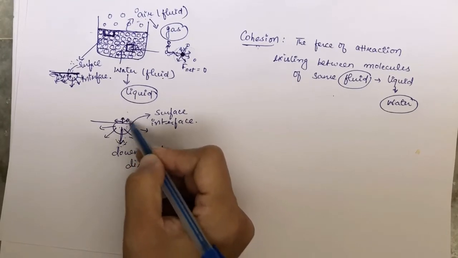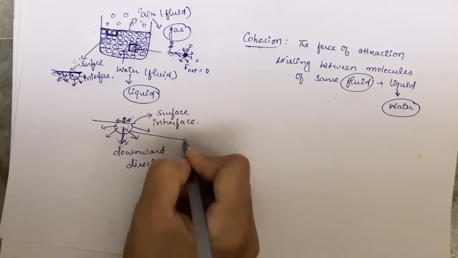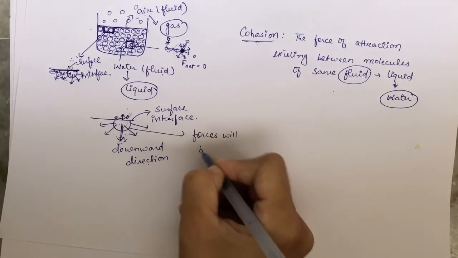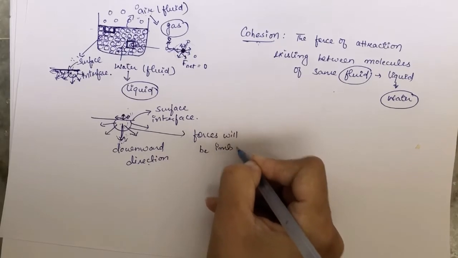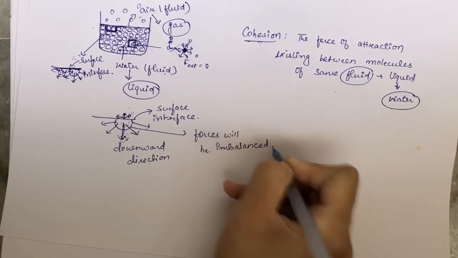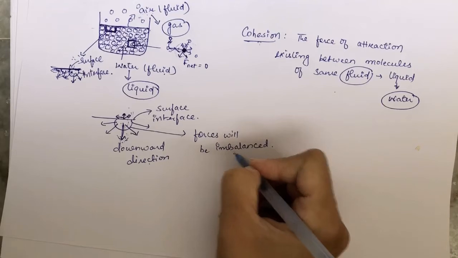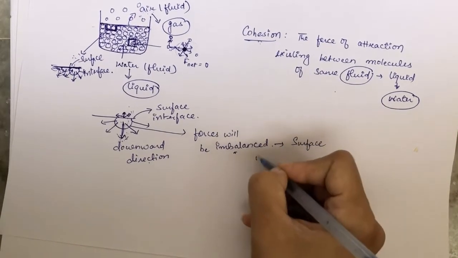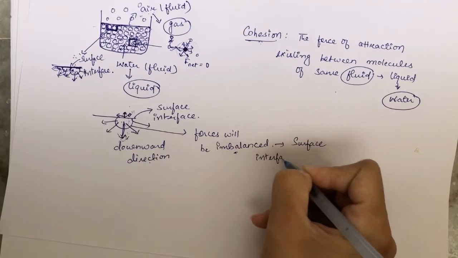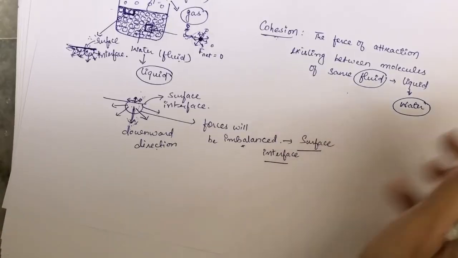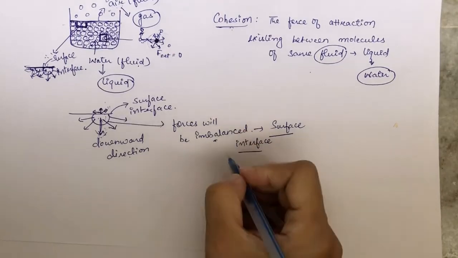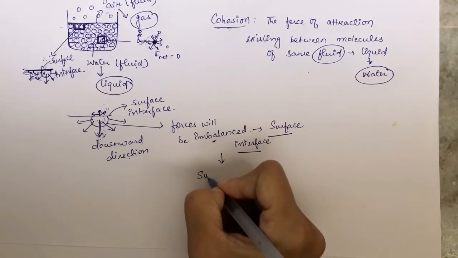The forces will be imbalanced at the surface interface, right? These forces will be imbalanced at the surface interface, as a result of which the surface interface